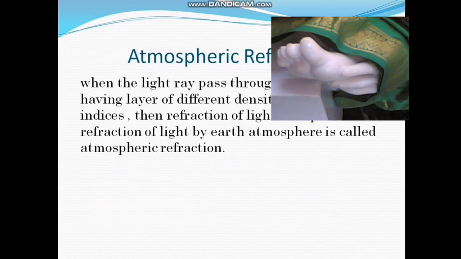Next, we'll move on to atmospheric refraction. The refraction of light caused by the Earth's atmosphere, due to gradual changes in the refractive indices of its different layers under varying conditions, is called atmospheric refraction. The refraction of light takes place in the different parts of the Earth's atmosphere, and we call that atmospheric refraction. Natural examples of atmospheric refraction are the twinkling of stars, and advanced sunrise and delayed sunset.